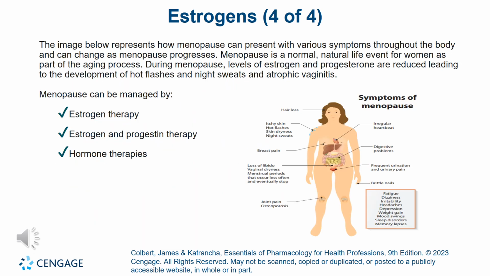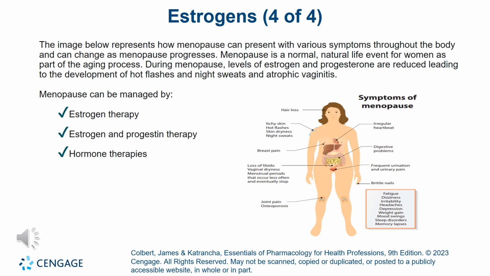The image on this slide represents how menopause can present with various symptoms throughout the body and can change as menopause progresses. Menopause is a normal, natural life event for women as part of the aging process. During menopause, levels of estrogen and progesterone are reduced, leading to the development of hot flashes and night sweats and atrophic vaginitis. As you can see, symptoms of menopause include hair loss, itchy skin, hot flashes, skin dryness, night sweats,